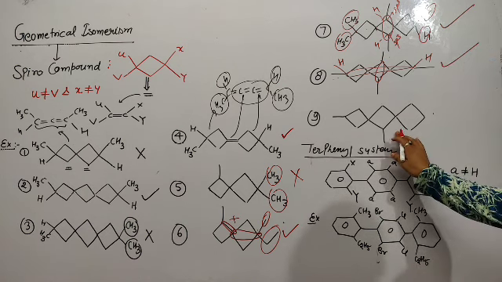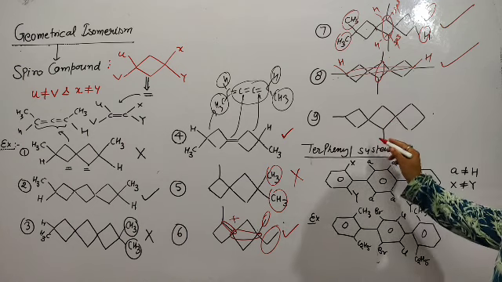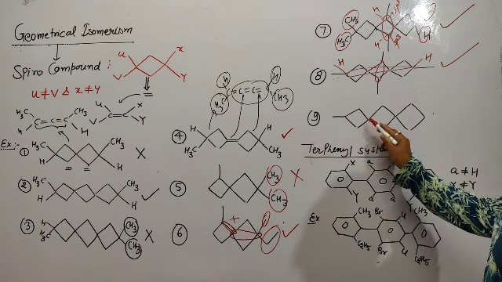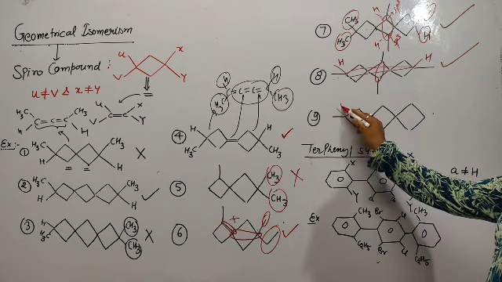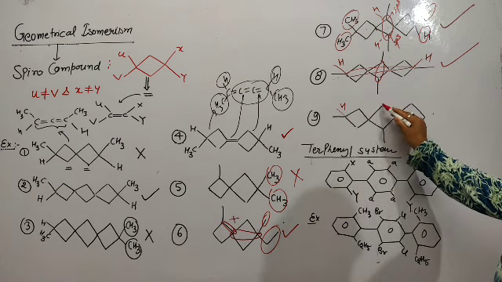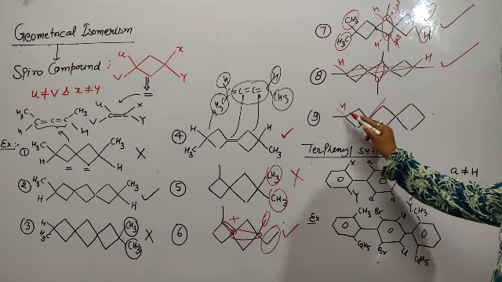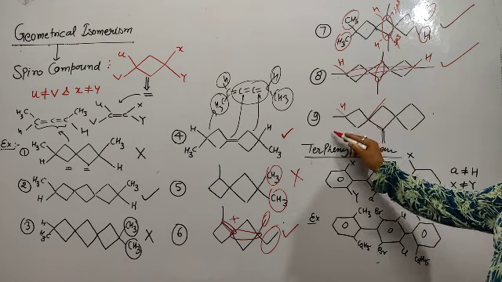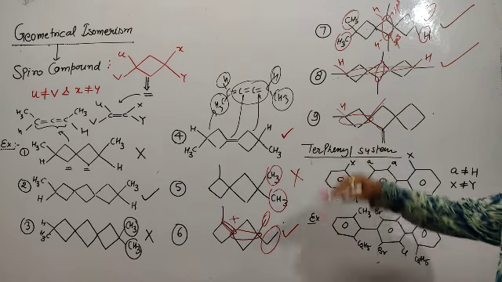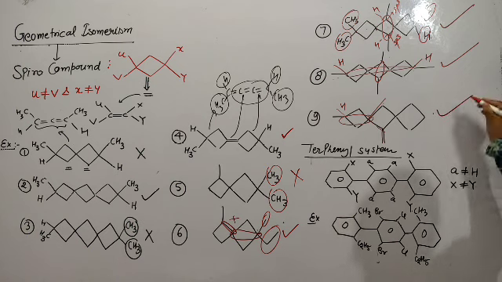Now come here. In this case student, you can check here between what? This carbon and this carbon, this is what, CH, and here CH3, and here this group and this group, both are different, yes or no? And here H and CH3, so between these two carbons, this molecule shows geometrical isomerism. In my opinion, everything you can easily understand.